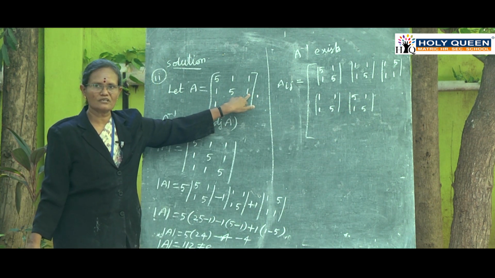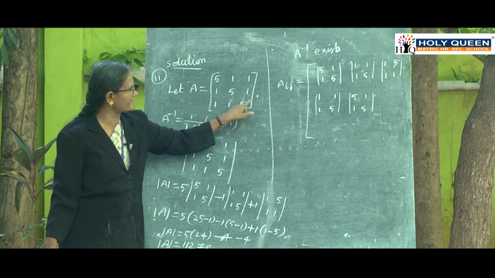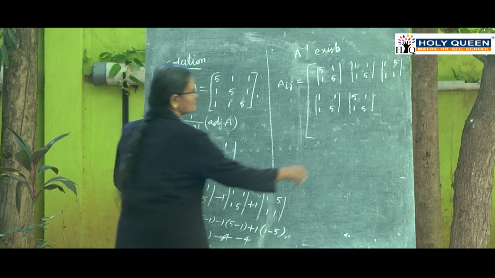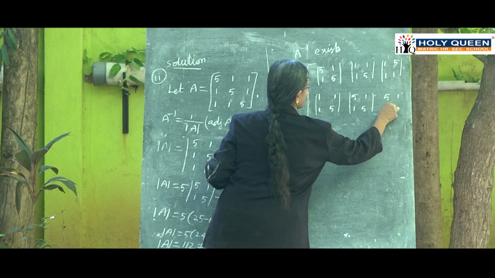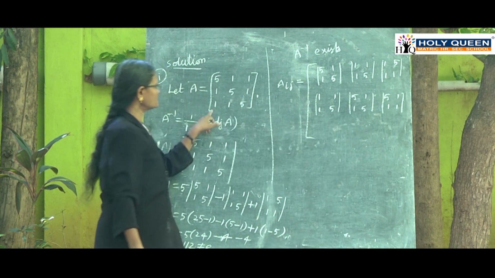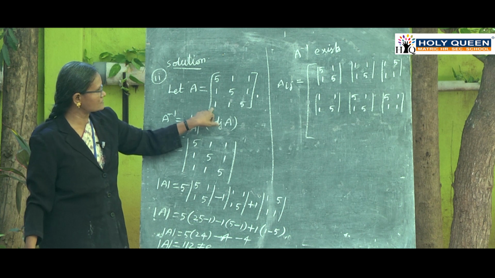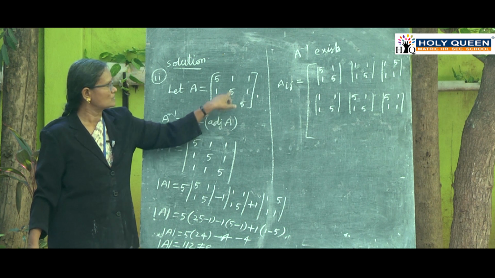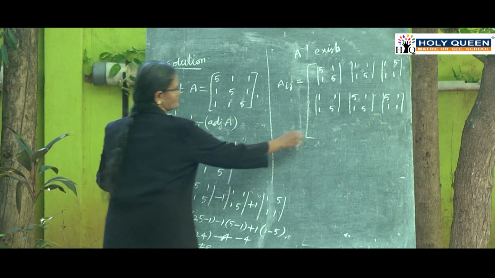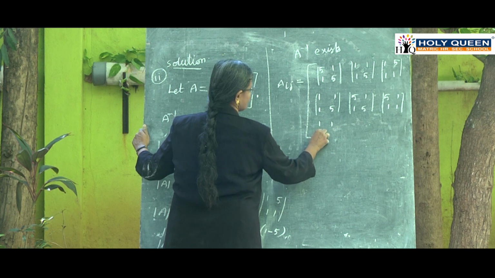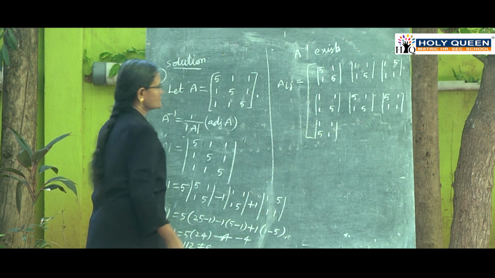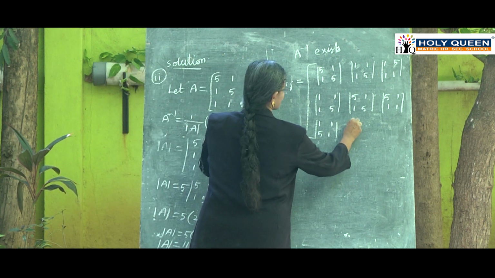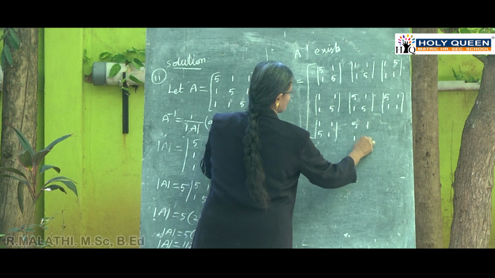In the second row, last element is 1. The position of 1 is second row under the third column. The remaining elements are 5, 1, 1, 1. Consider the third row. The position of 1 is third row and first column. Ignore that third row and first column. The remaining elements are 1, 1, 5, 1. Next one, the position of 1 is third row under the second column. The minor of 1 is 5, 1, 1, 1.